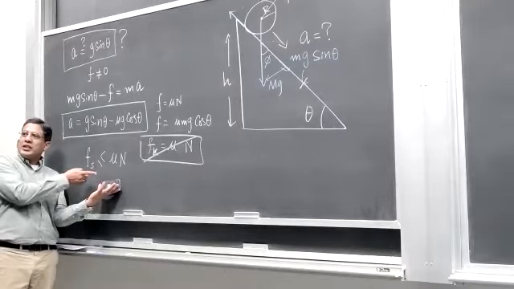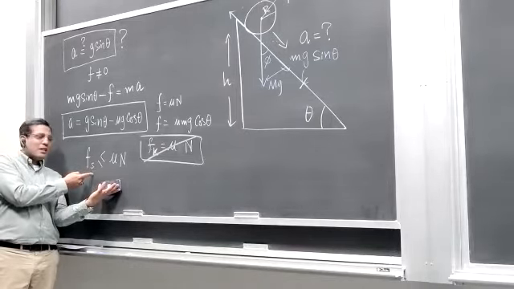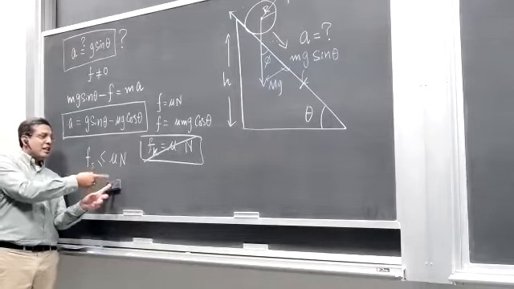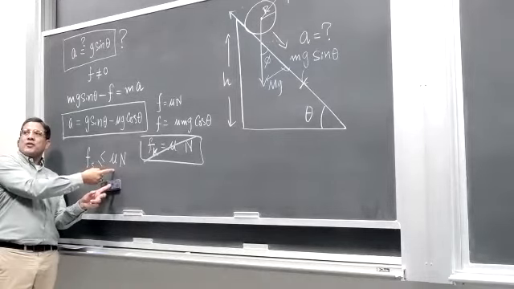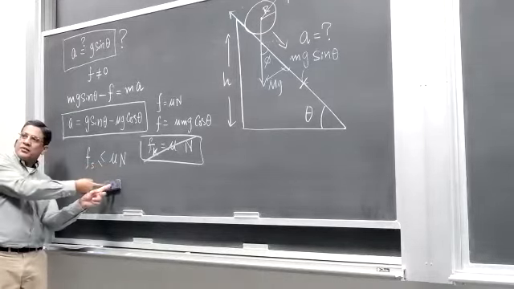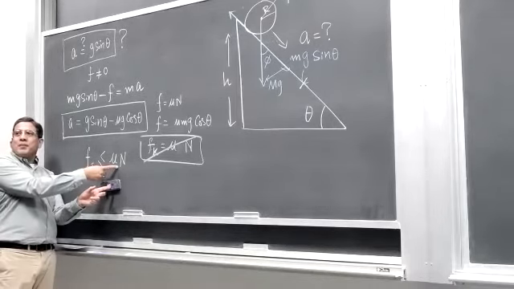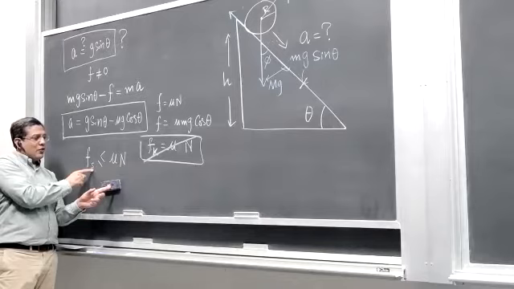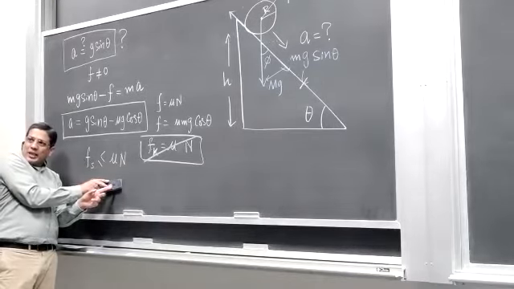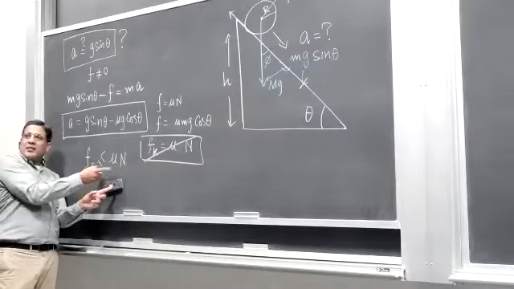As you increase the force, this static friction keeps increasing, and the maximum value that it can get is mu, the coefficient of friction, times the normal force. Once you have hit the maximum, and the force that I'm applying becomes larger than mu n,